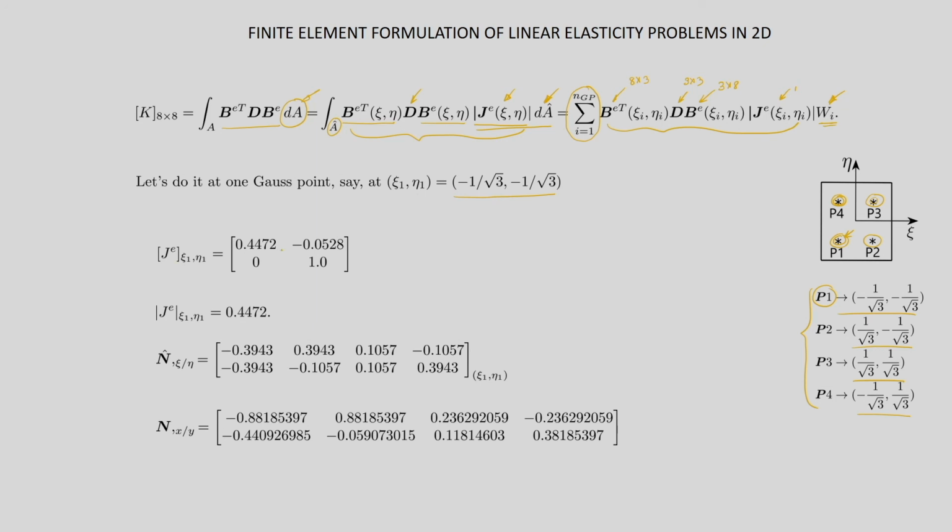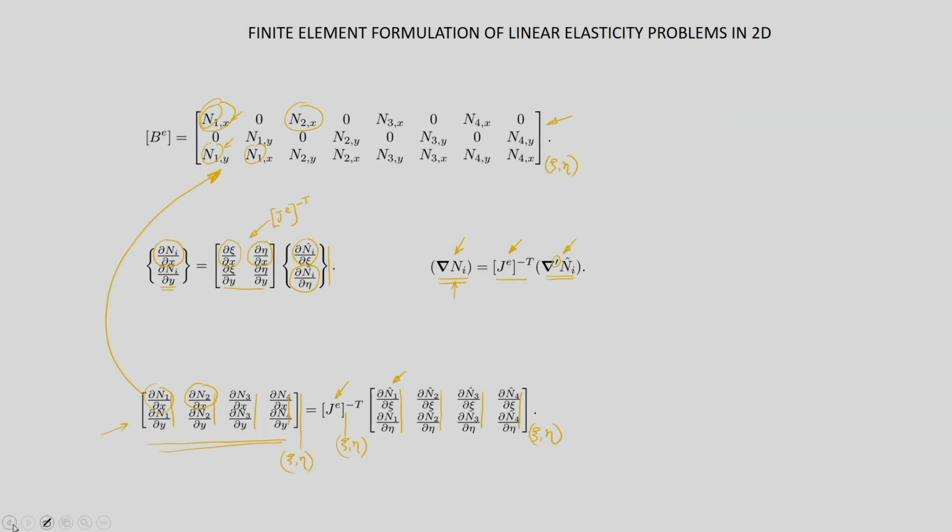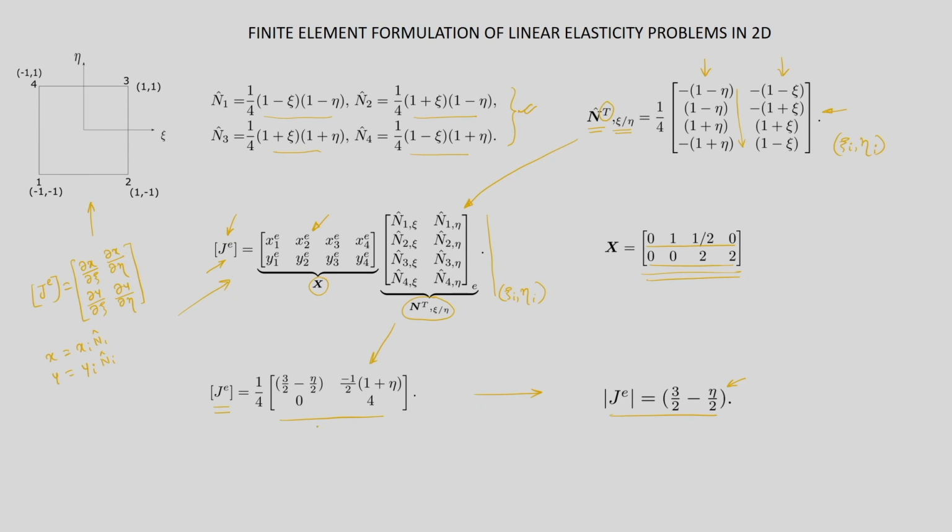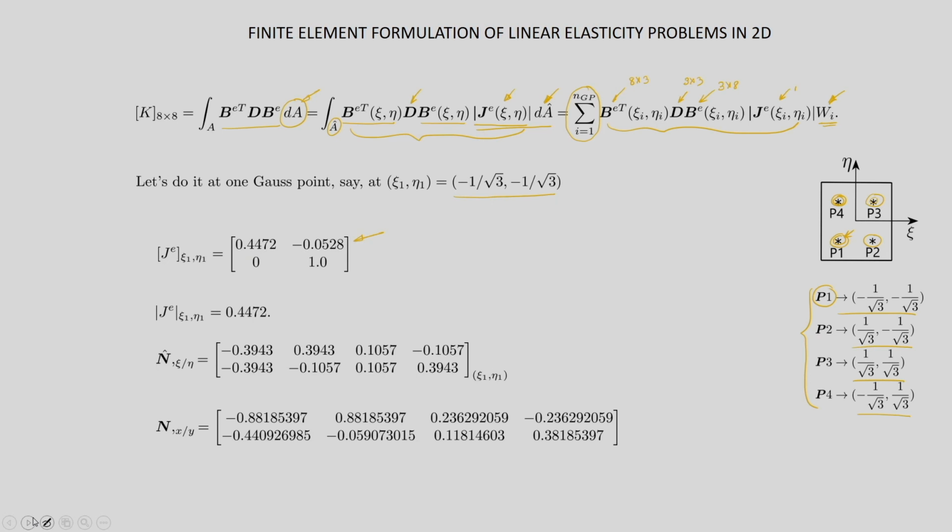So, first of all we will calculate the Jacobian at xi 1 eta 1, and we have already shown how to calculate it for this particular problem. Let us go back. This is the expression for the Jacobian matrix where we have to insert the value of xi 1 eta 1. In fact, this is not a function of xi 1. Then we will obtain the determinant following this expression. So, this is the determinant calculated at xi 1 eta 1.